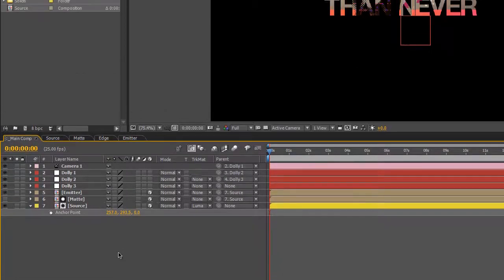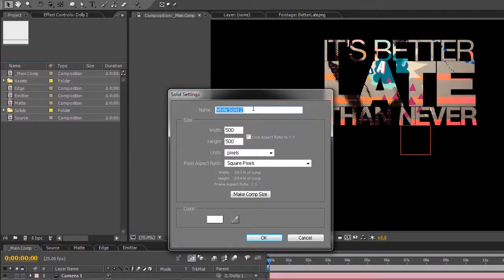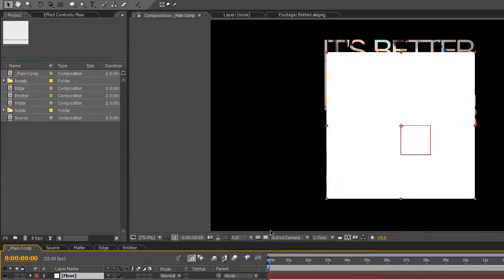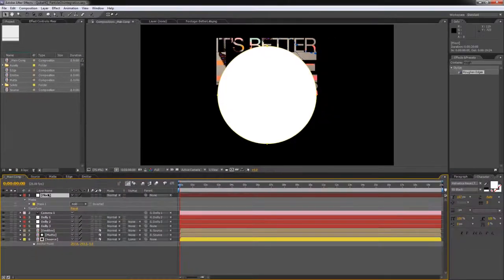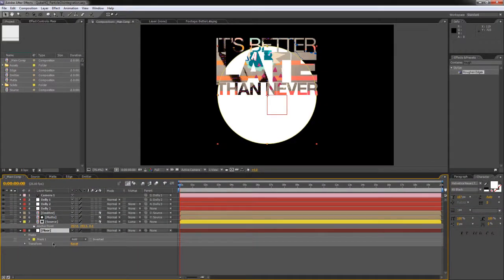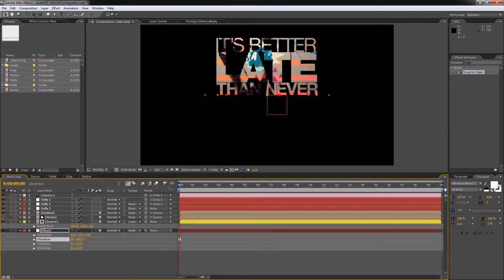And let's create a floor. So that would be a new solid 500 by 500 pixels. Call it floor. White color is fine. Using the ellipse tool and double-clicking it, we can create a nice circle. Move the whole thing to the bottom. Turn on a 3D toggle switch, rotate it by 90 degrees in Y, and now we can start using the